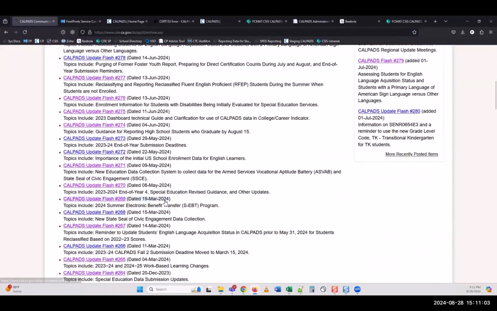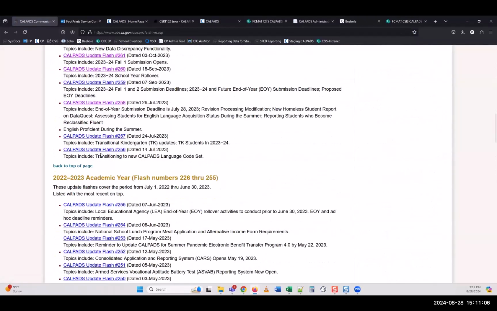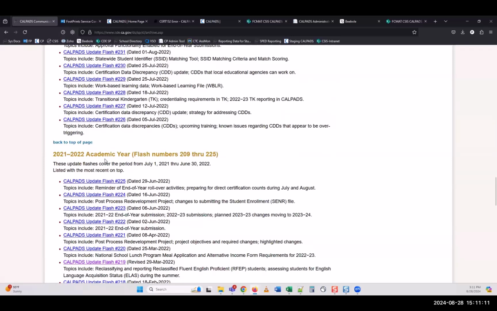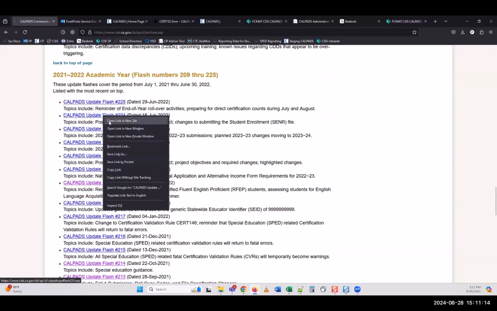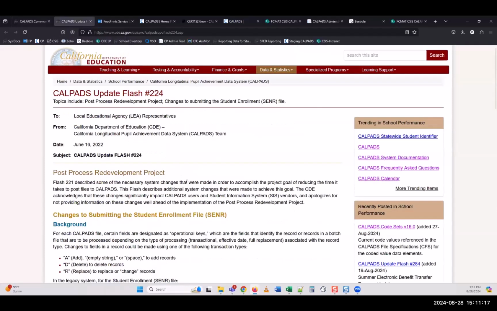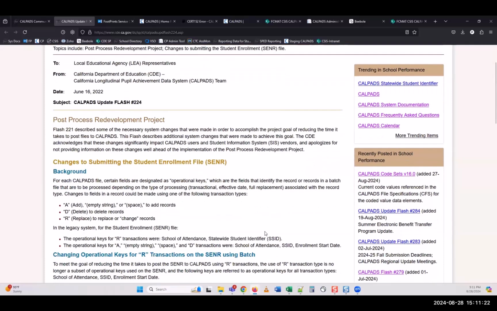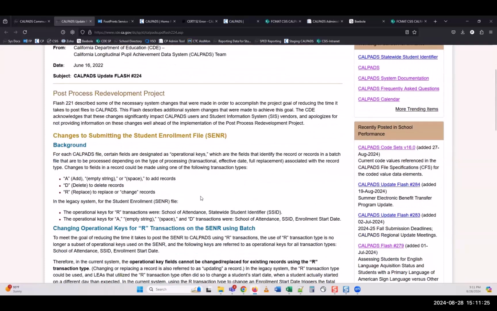It's an old one, back in 2022. I think Sue Ann's referencing the add, delete, replace. Did we already do all this? I'm not sure. So is there an update now? It's there. Thanks.